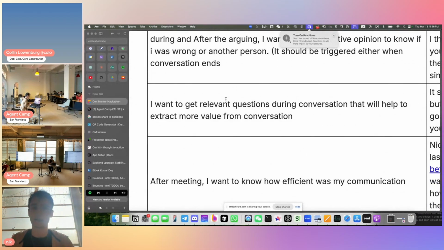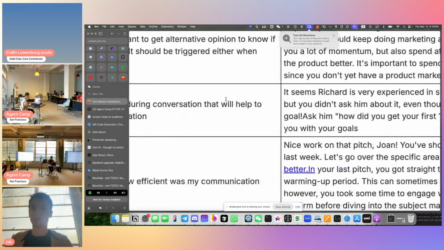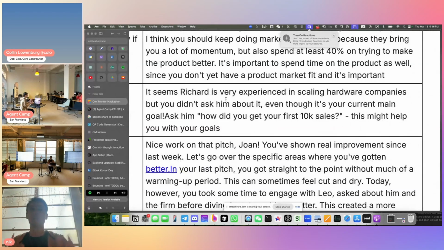Another thing is getting relevant questions. For example, imagine you're on a call with Elon Musk tomorrow, and you have no idea what to ask him. This thing can potentially tell you right away what is currently happening in Elon Musk's life, using his real-time Twitter context, and suggest the questions you should ask him in real time. For example, you should ask him about, I don't know, the x.com revamp or something like that.